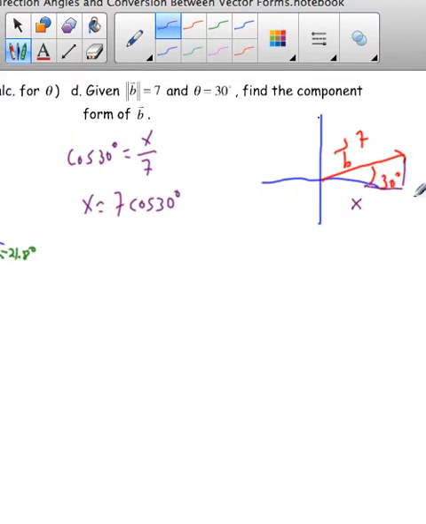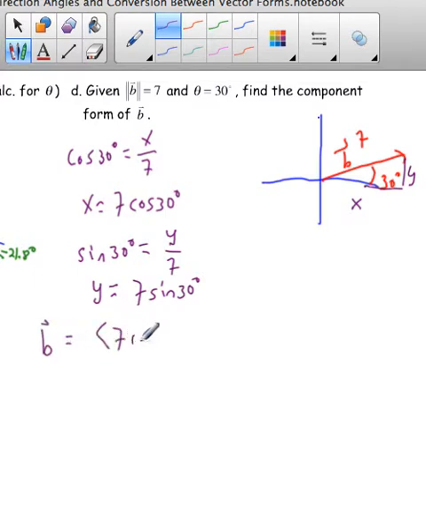And my y component, the vertical component of this vector, I can write that sine of 30 degrees is equal to the opposite, which is y over 7. So the y component of this vector is 7 sine 30 degrees. So my vector B in component form is going to be equal to 7 cosine 30 and 7 sine 30,